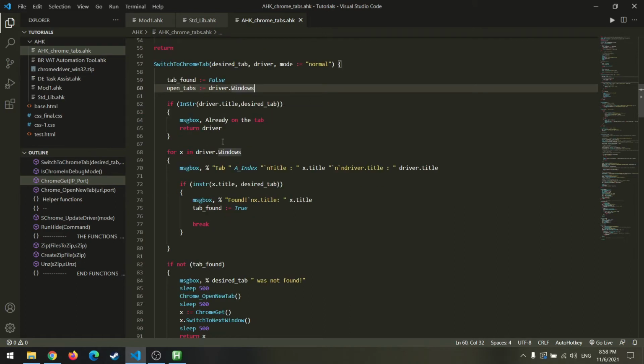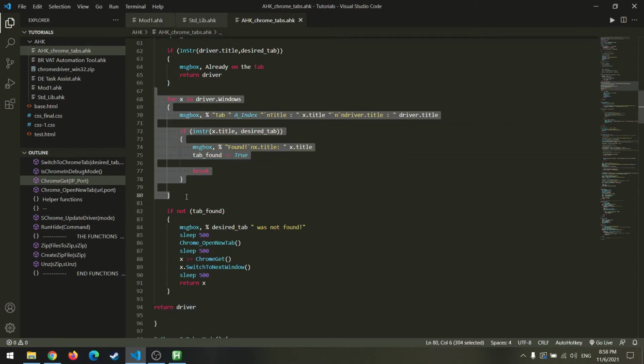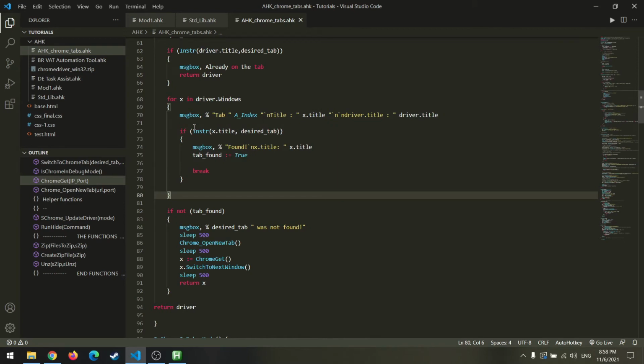To check if we are already on the desired tab, we first do this where we search for the desired tab in the driver title. If it is true, then there's no need to switch and the function returns driver. In case we are not already on the desired tab, this is the for loop to iterate over all the open tab windows.